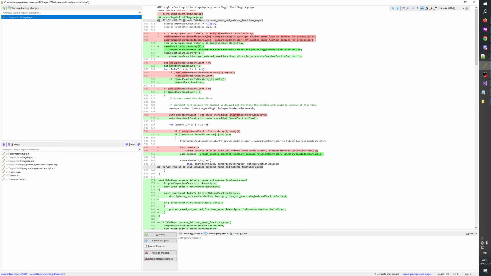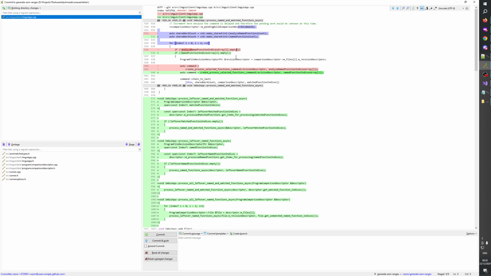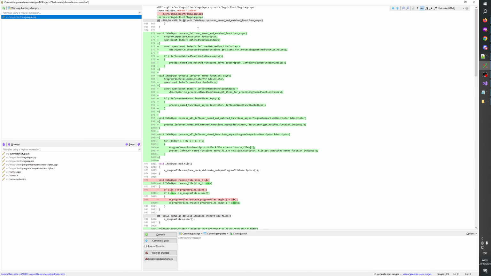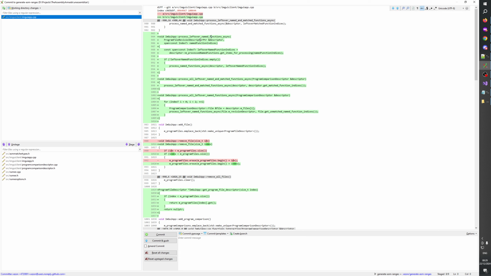All right, so name function and so on. Process leftover names, get items for processing is not empty. Then do that. Leftover named functions async, leftover named functions indices,